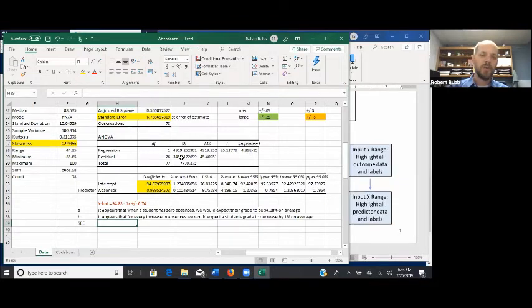So let's take a look at our standard error of the estimate. Notice the value is 6.74. So that means for any one prediction for a student, we would expect to be off by 6.74 percentage points in either direction at a 68% confidence. So our standard error of the estimate, we would say we would expect that any one prediction for course grades based on absences would be off by 6.74 percentage points in either direction